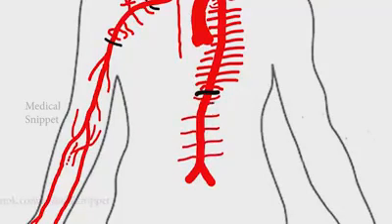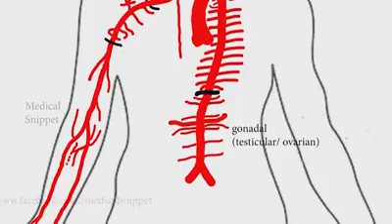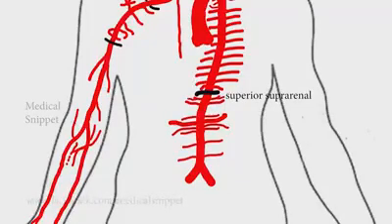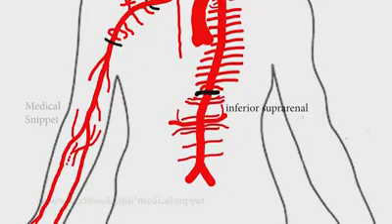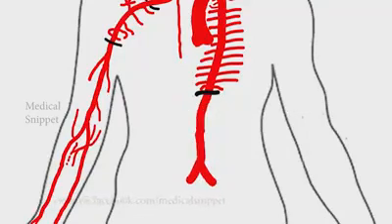Next we'll see the 3 paired lateral visceral branches: the middle suprarenal artery and the gonadal arteries, the testicular arteries in males and the ovarian artery in females. The inferior phrenic artery gives rise to the superior suprarenal artery, and the renal artery gives rise to the inferior suprarenal arteries. We'll hide the above branches to see the 3 single anterior visceral branches: the celiac trunk, and the superior and